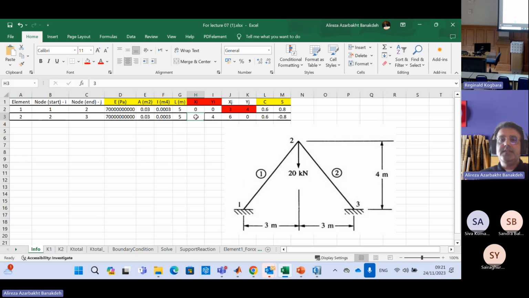We have 3 meter and 4 meter in X and Y directions, respectively. And for the end node, which is node 3, you have 6 meter and 0, respectively, in terms of X and Y. So these are the coordinate systems for the start and end, and you can calculate C and S based on these data. See here, we are just starting how we calculate C and S in Excel in a way that,